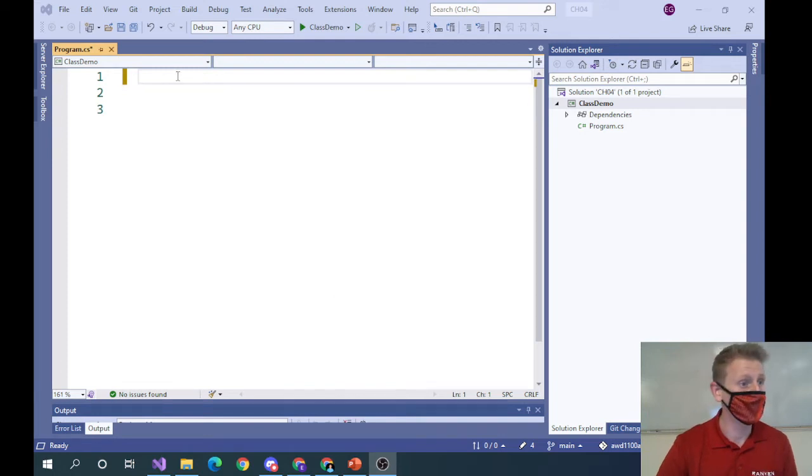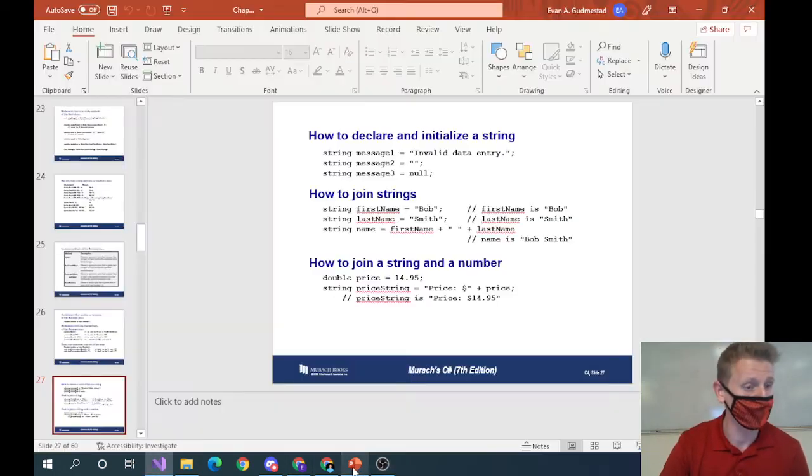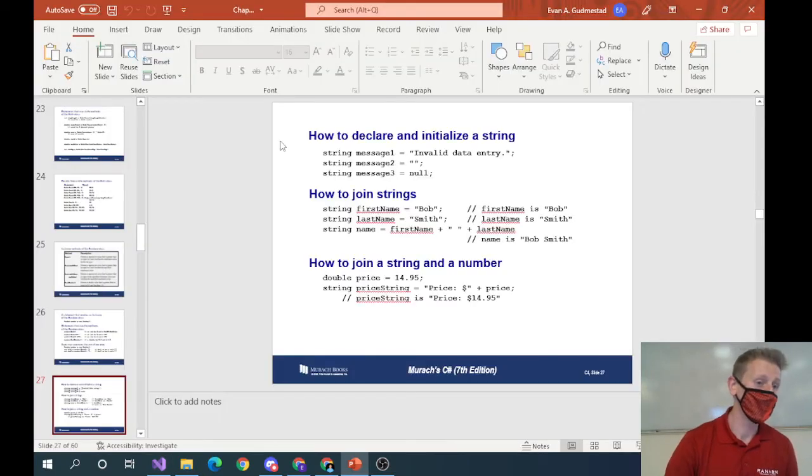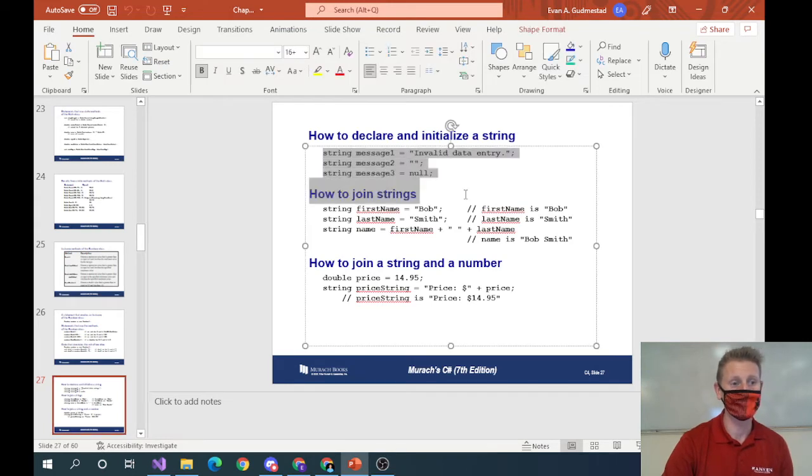And we are back for the second part of the Chapter 4 lecture. We left off right around slide 27 where we started talking about strings. And so, glancing at slide 27,